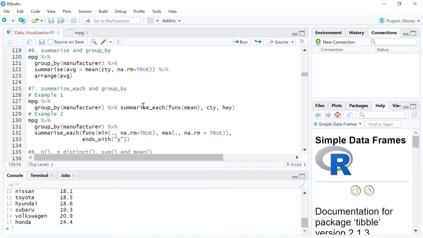What this says is, for each unique manufacturer, I'm going to summarize the CTY and HWY columns and take a mean of it. So the statistical action that is going to happen is the average of all the columns that I'm mentioning here.